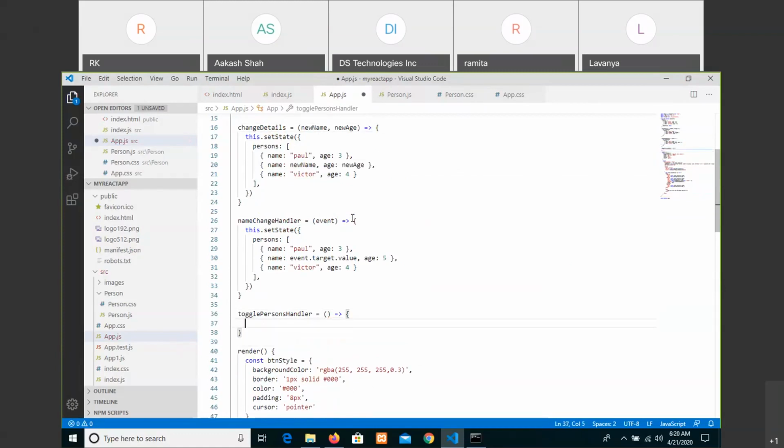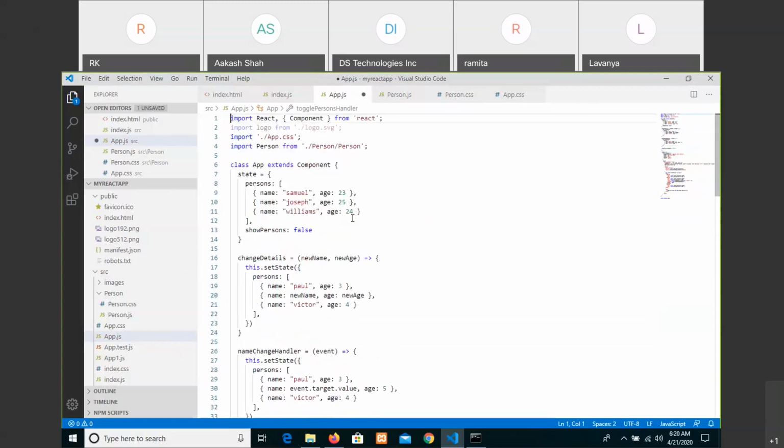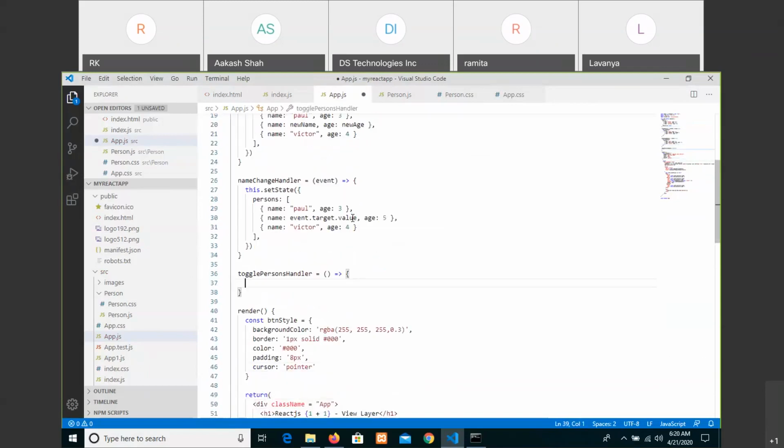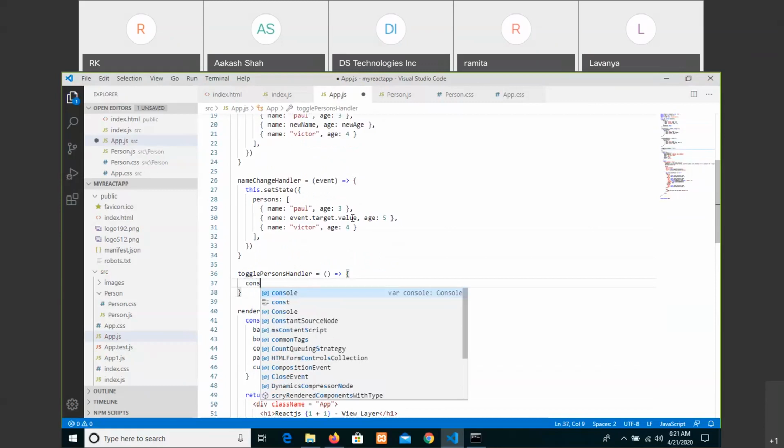Now, each and every time, whatever the value of showPersons we are having here, from this we are taking it into the condition and checking right now. So whatever we have at that moment, we have to revert it. So how can we do it? By default it is false right now. Then when the user clicks on it, we want to see the results. So write a const